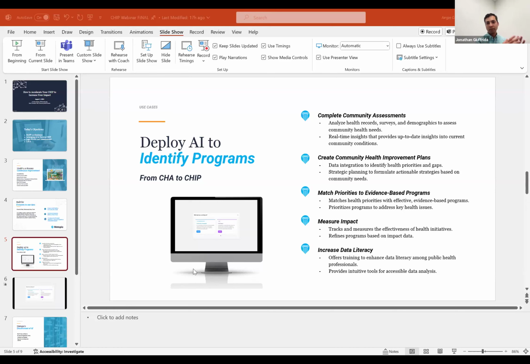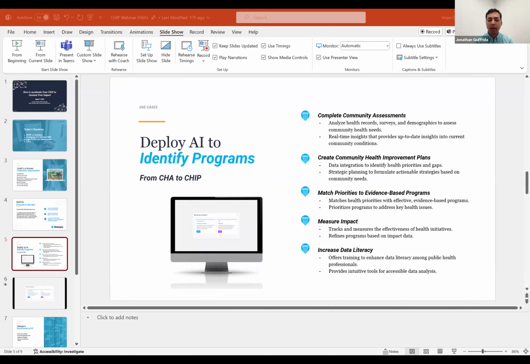And by the way, before I jump into the AI part, we're also making that entire library available to you to simply search through on your own. No AI involved, except that AI helps you find stuff more easily, but it's showing you the exact things that came out of that evidence bank. But you might say, I want a program on evidence-based drinking. We'll have the tool do that automatically for you because we know that that was your need from your CHA. So it will look through and it might find 10 to 12 programs on underage drinking in that library, in that bank. Actually, it is 10 to 12 programs.